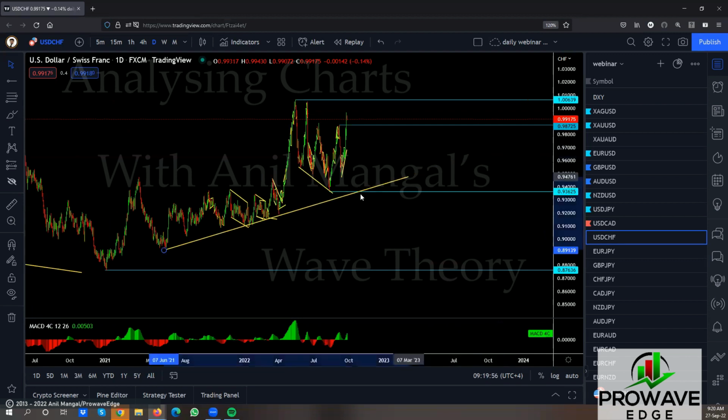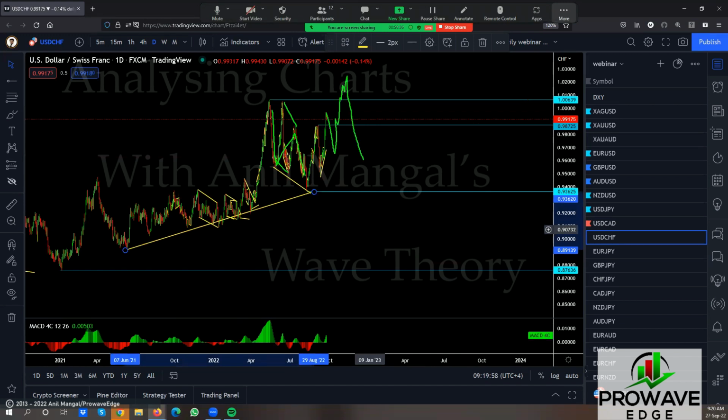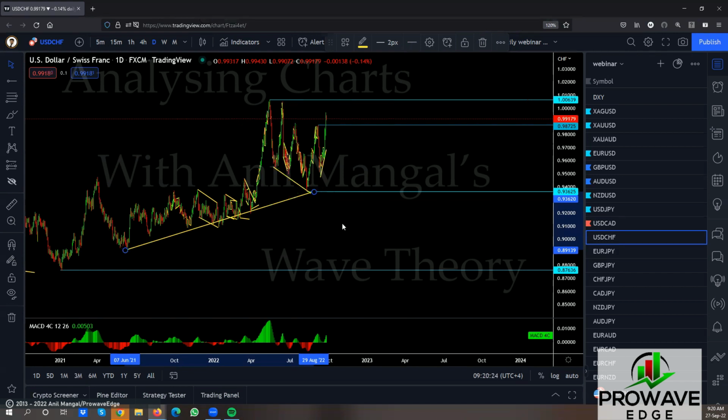If this is making this as a flat, if we look at this as some kind of a flat there, with this being a flat in the middle, like a 1, 2, 3, then we still have to go back up, pull back here, go back up, break the top, come back sharp, and then go to make this a running flat. Because this would be a flat of its own, right? It can't be put with that. This has too much correction, this one is too strong. Unless we go back with what we had as a contracted flat there, which I don't like. So we'll wait and see.